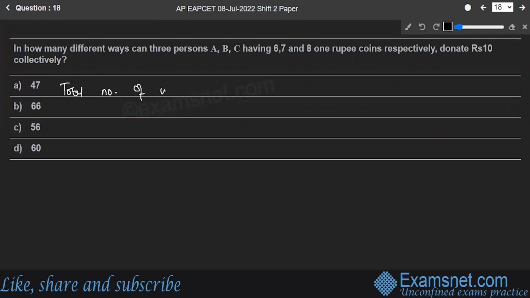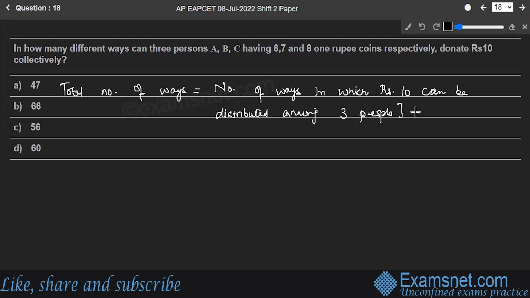Total number of ways is equal to the number of ways in which rupees 10 can be distributed among three people, minus the number of ways A can have more than 6 rupees,